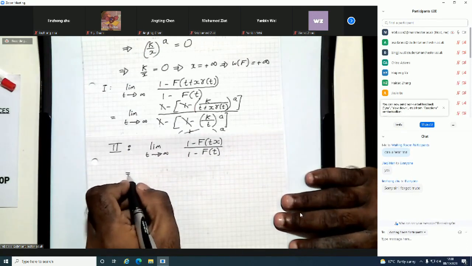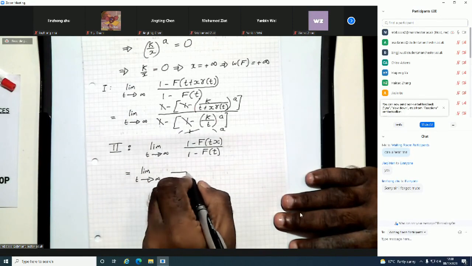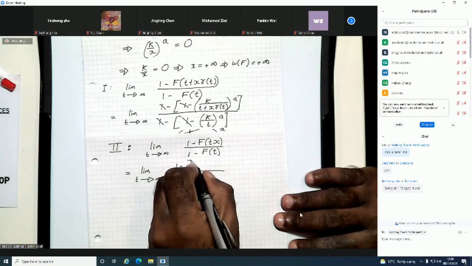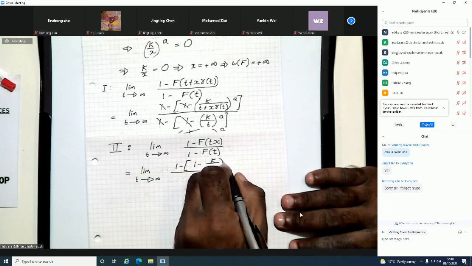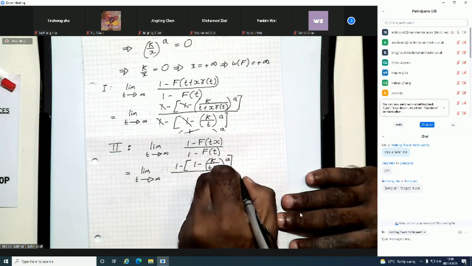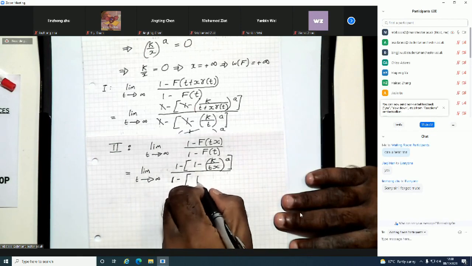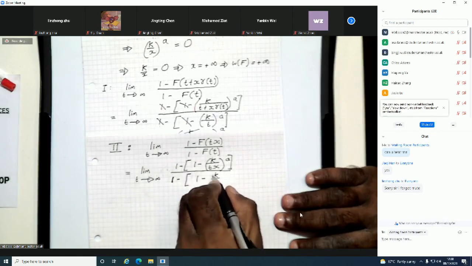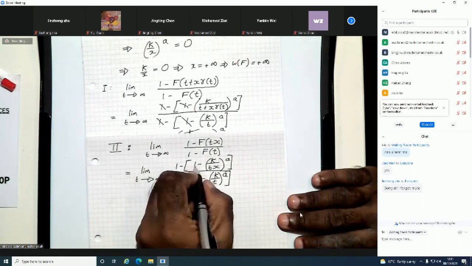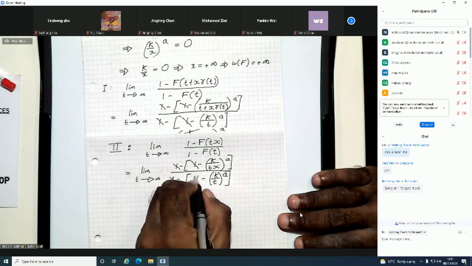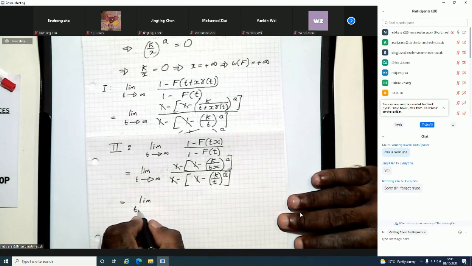So this is going to be the limit like this, alright? So once again, the 1 and the 1 cancel. So what you have is the limit as t goes to infinity of